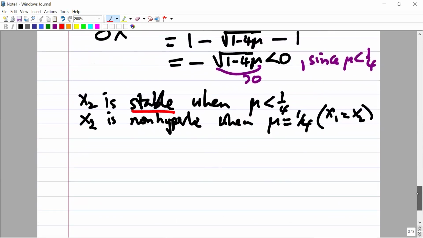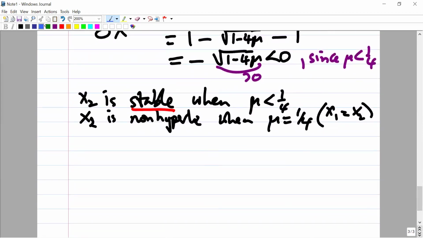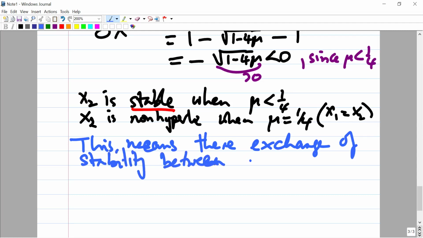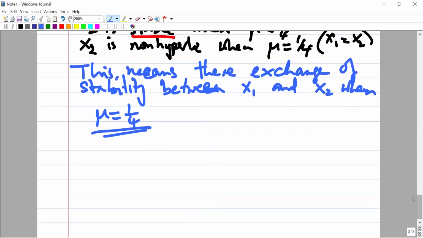So which means this therefore means there is an exchange of stability between x1 and x2 when mu is 1/4. So whenever there's an exchange, it means that